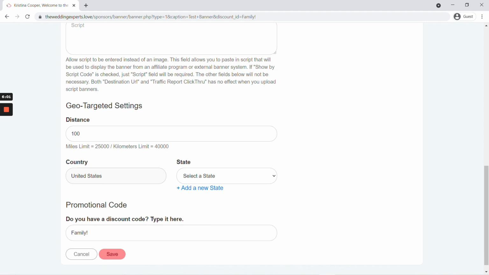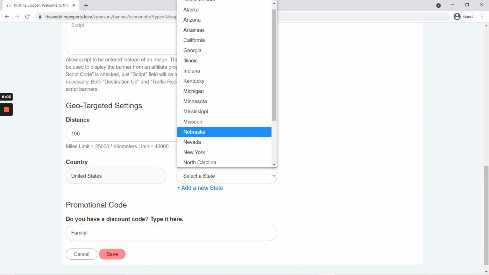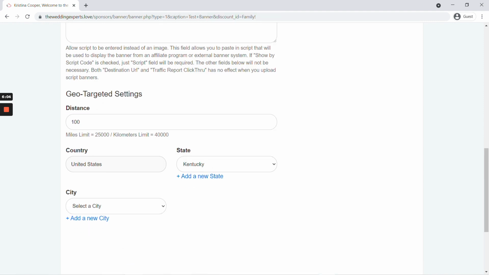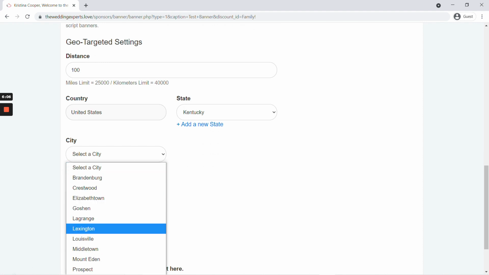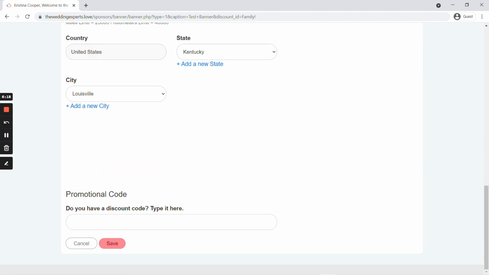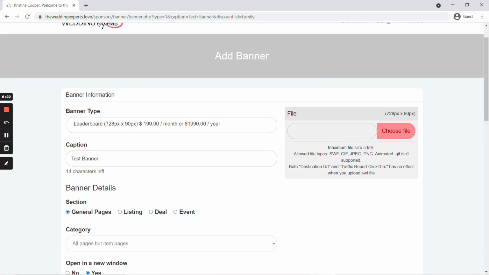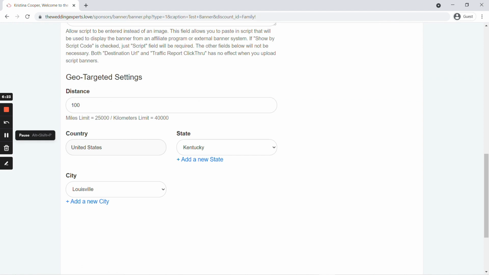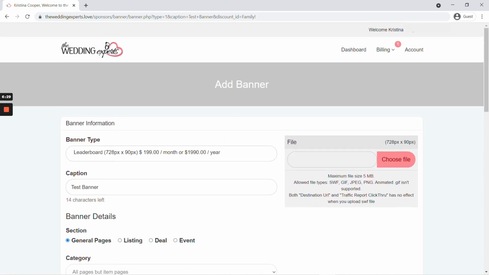We can keep going. The country, United States, can select your state, and then you can put the city in. For this, I'm going to select Louisville, Kentucky. Nothing left to fill out other than the save button, but you do not want to fill that out just yet. After you complete the geo-targeted settings section, you will want to go back to the top,